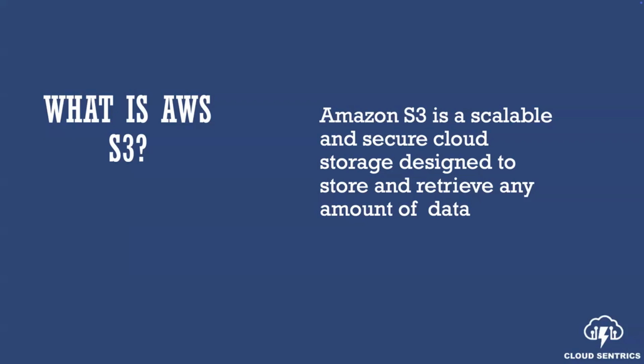You can use that storage to store your data, to store your objects, to store your videos, to store your pictures, and you are able to also retrieve those data